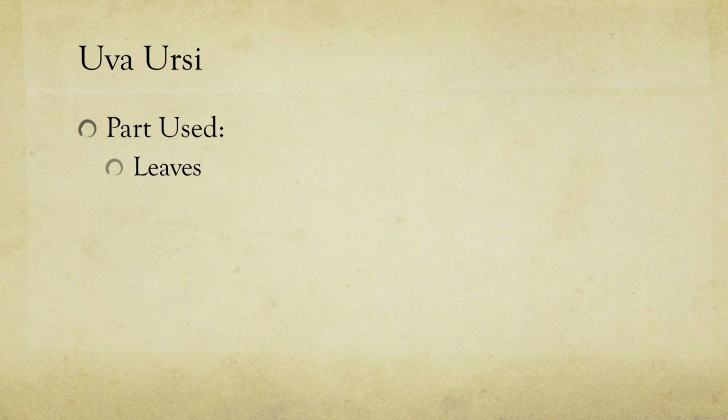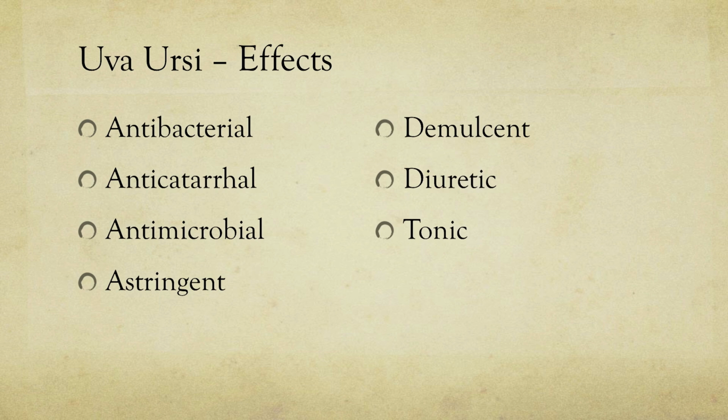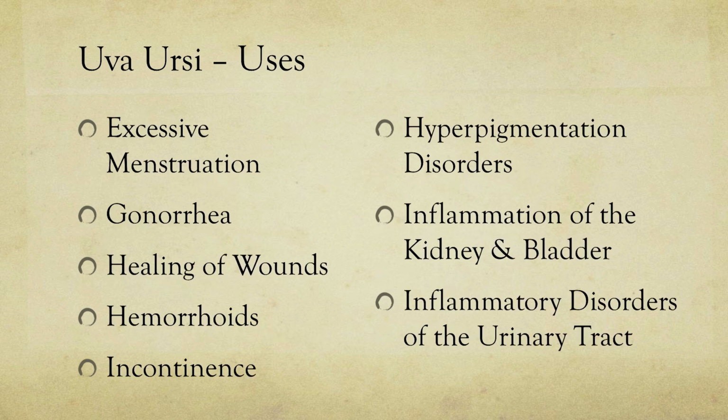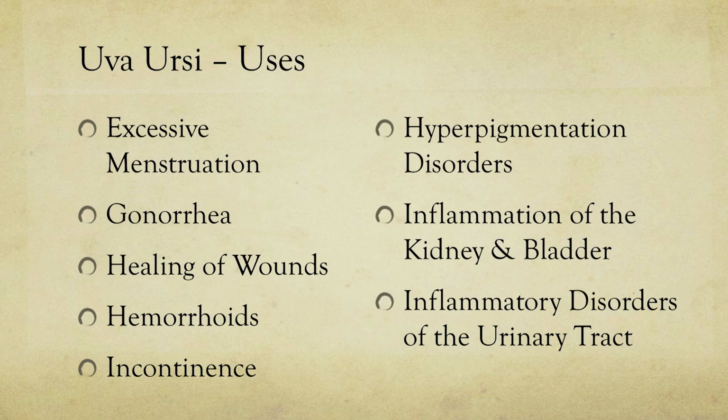Uva ursi. You can use the leaves of uva ursi. It's antibacterial, anticatarrhal, antimicrobial. It's an astringent, a demulcent, a diuretic. It's also a tonic. We use it for arthritis, bedwetting, bronchitis, constipation, contact dermatitis, cystitis, digestive disorders, digestive stimulant, dysentery. It's good for E. coli. It's good for edema, excessive menstruation. A lot of ladies will take uva ursi. Gonorrhea, healing of wounds, hemorrhoids, incontinence,